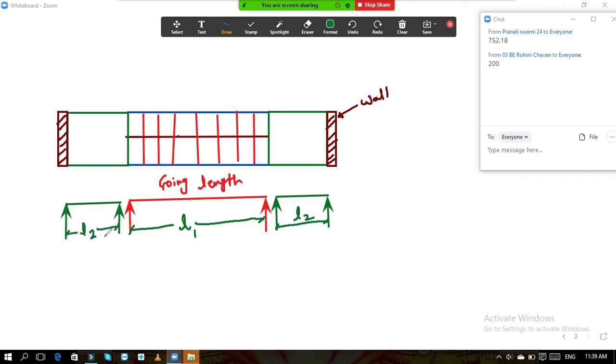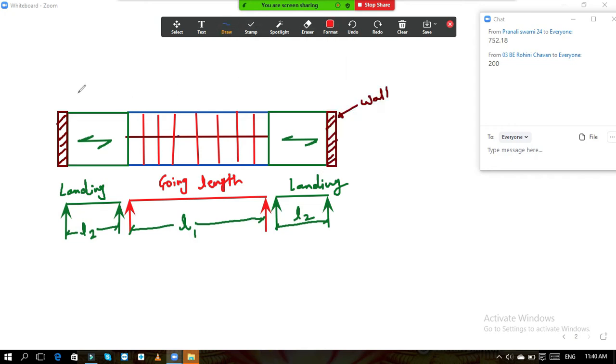We normally keep the landing the same. So see now these three spans. Now this is the span of landing, this is also the span of landing. See, all three spans are in the same direction. Okay, so this is called landing is spanning in the direction of the stairs. If we want to show this symbolically, it will be shown like this. It is shown in this way. Landing is spanning in the direction of the stairs. I hope you are clear with this. Okay.